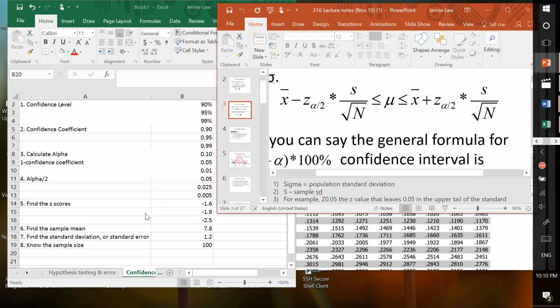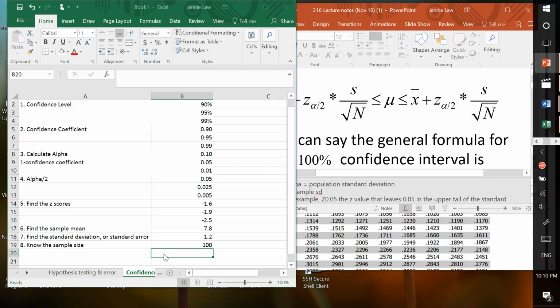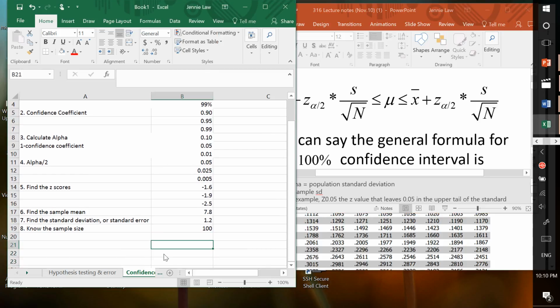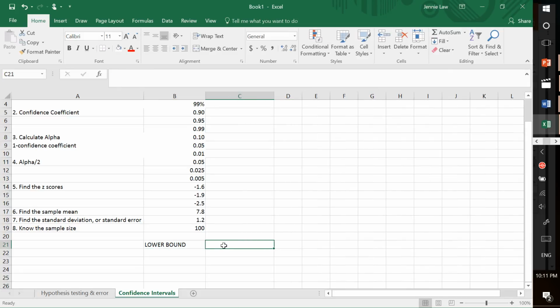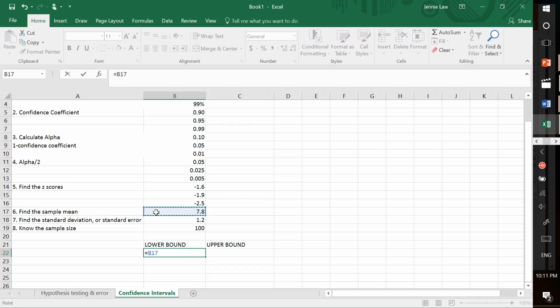So that sounds really tricky, but actually what we're going to do is just do that in Excel. So you can follow along. We're going to calculate the lower bound because the confidence interval is two specific values. And we're going to calculate the upper bound. So what you'll remember is that the lower bound is equal to the sample mean, from which we're going to subtract,